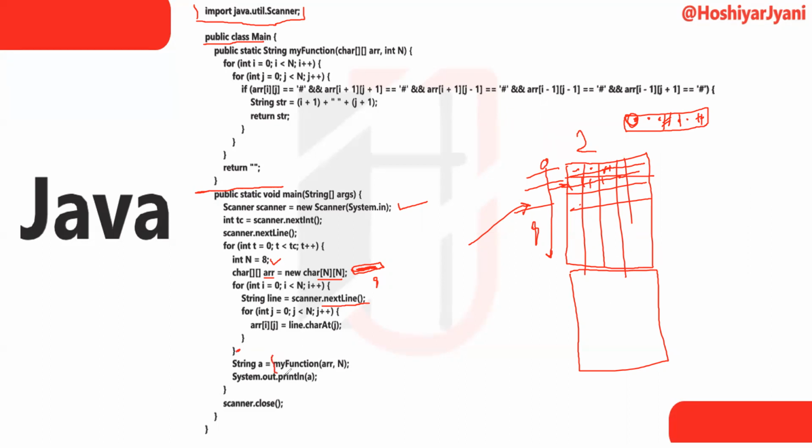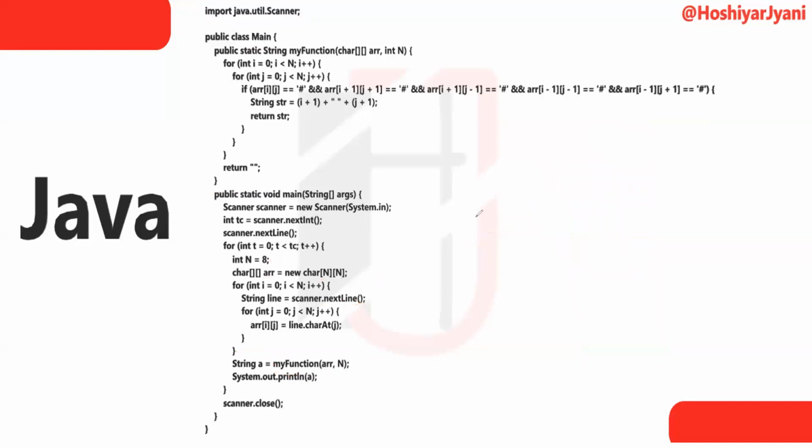here I am creating a method. So what is the method name? My function, and I am passing our chessboard to it. The name of the chessboard is array and n is the length, that is 8. Okay guys. After that, this function returns some value in string type. Like we see in the result, in the first test case we get 4 3 and in the second 2 2. So this is in string form. Okay, we are returning from our method in string form.